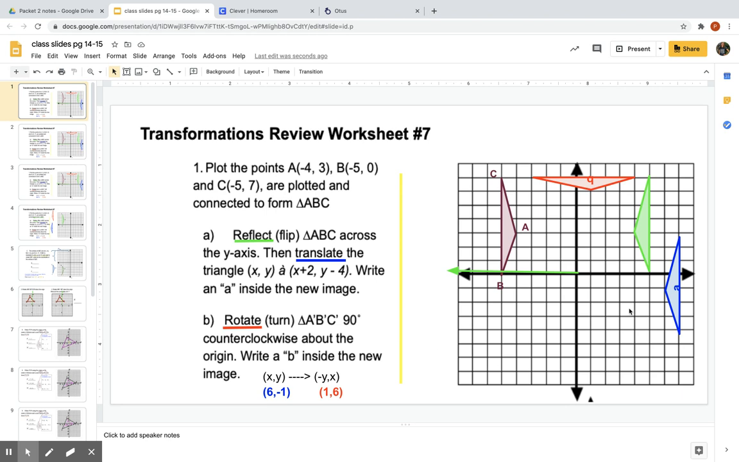If I did the same thing with my other vertices, I should end up with the correct answer. So that's how you do problem number 1, combining reflection, translation, rotation. And I hope you have